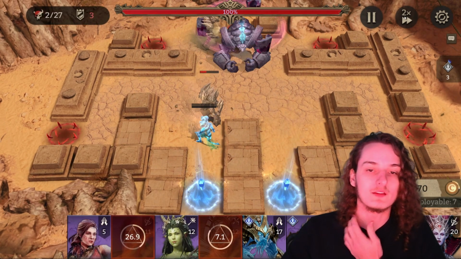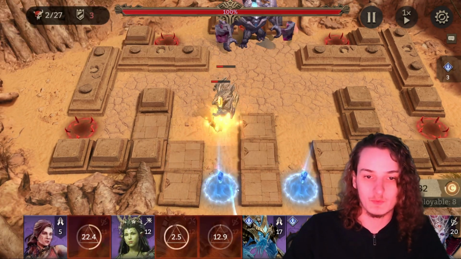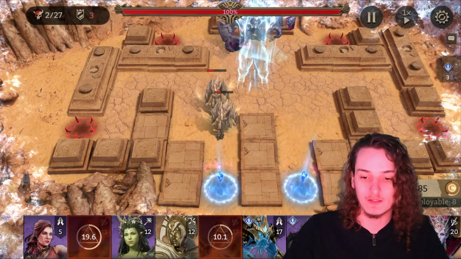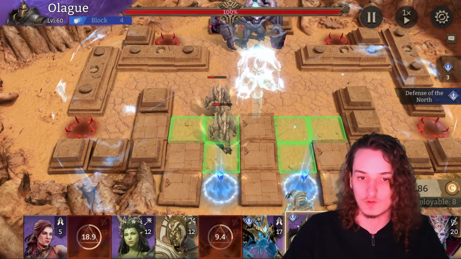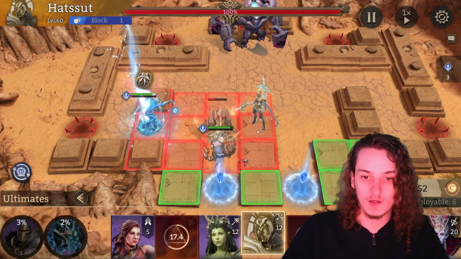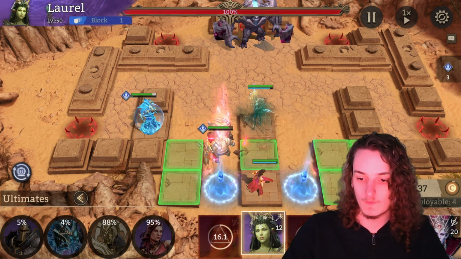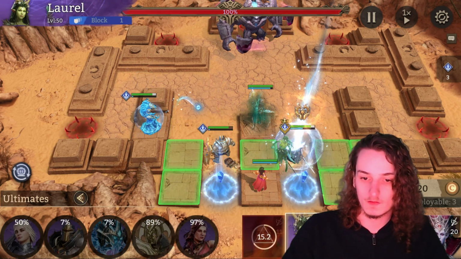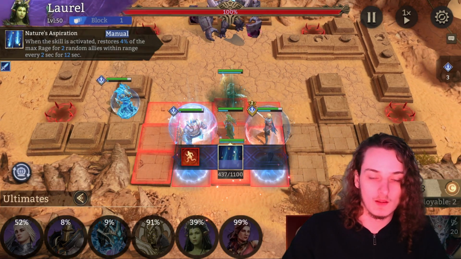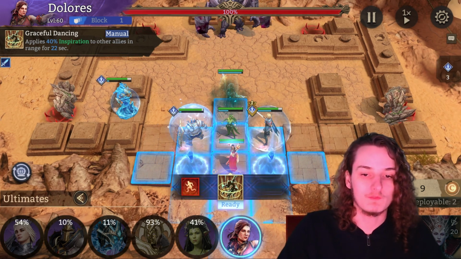Main reason is that your Decimus is not going to survive long enough if you place him earlier, just because of the way that his invulnerability only lasts for a certain amount of seconds and the enemies just walk past. So yeah, right here we can just place an Oleg, already place in Hattsut, place in Dolores, and then really go all out. So yeah, right here you can see Dolores being fully ready,